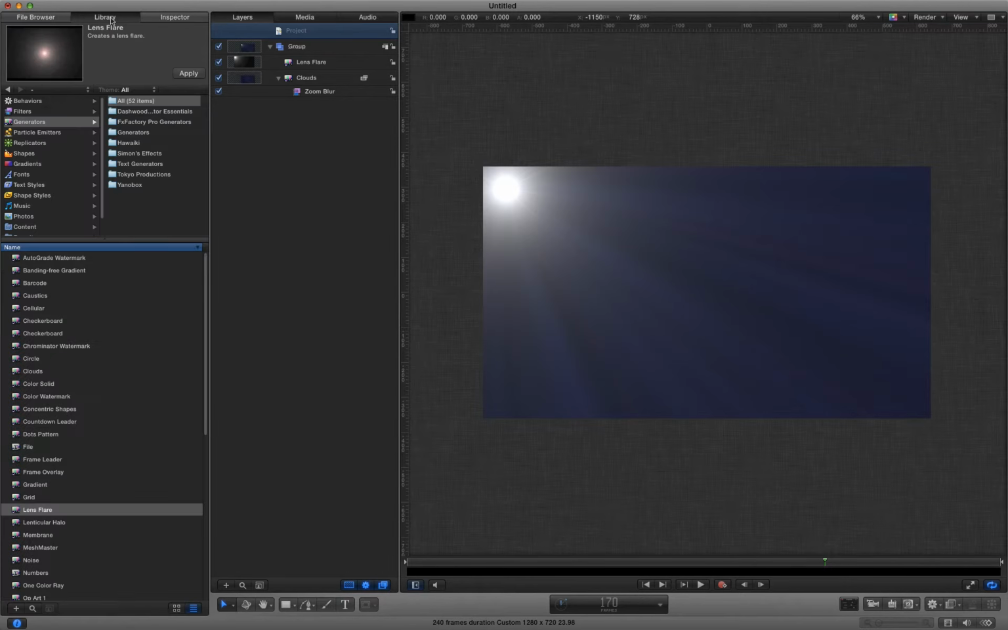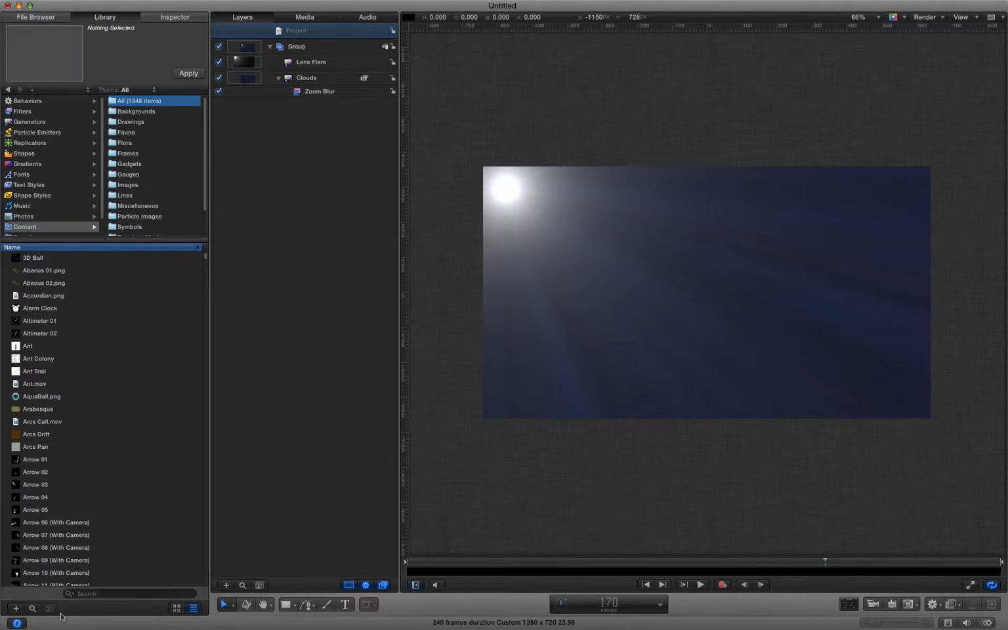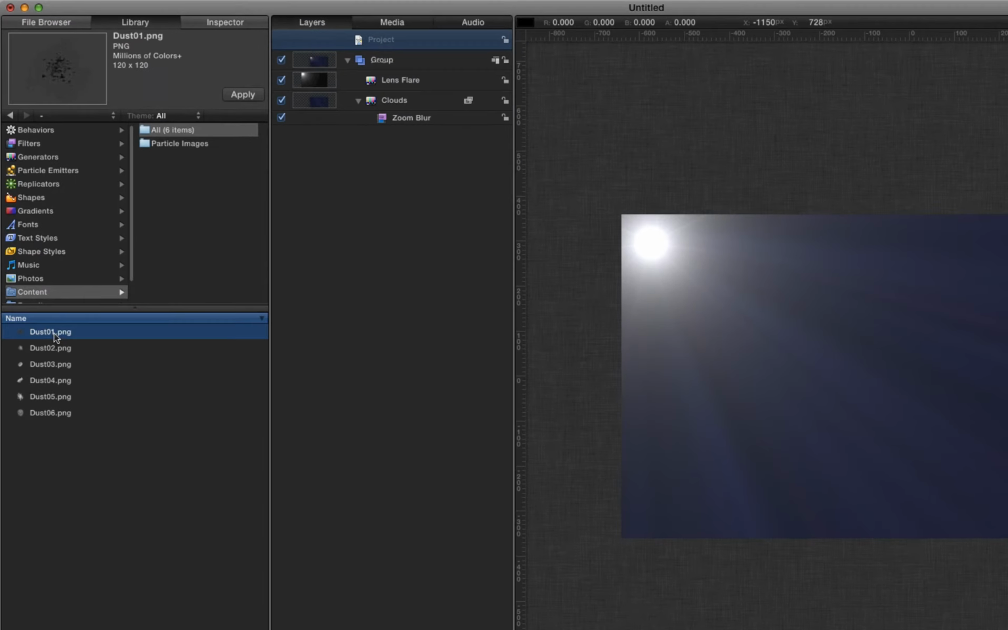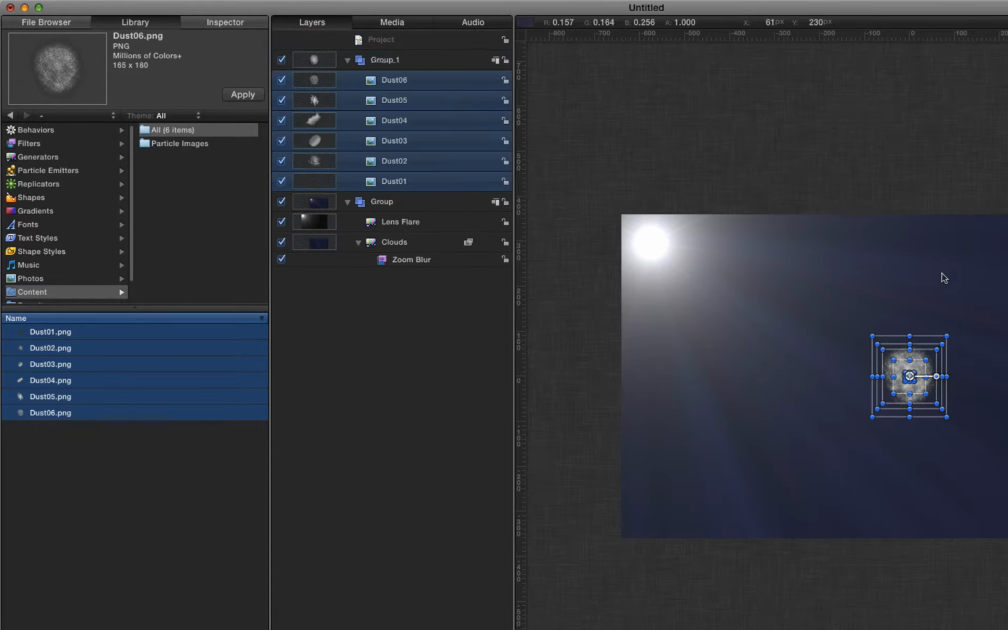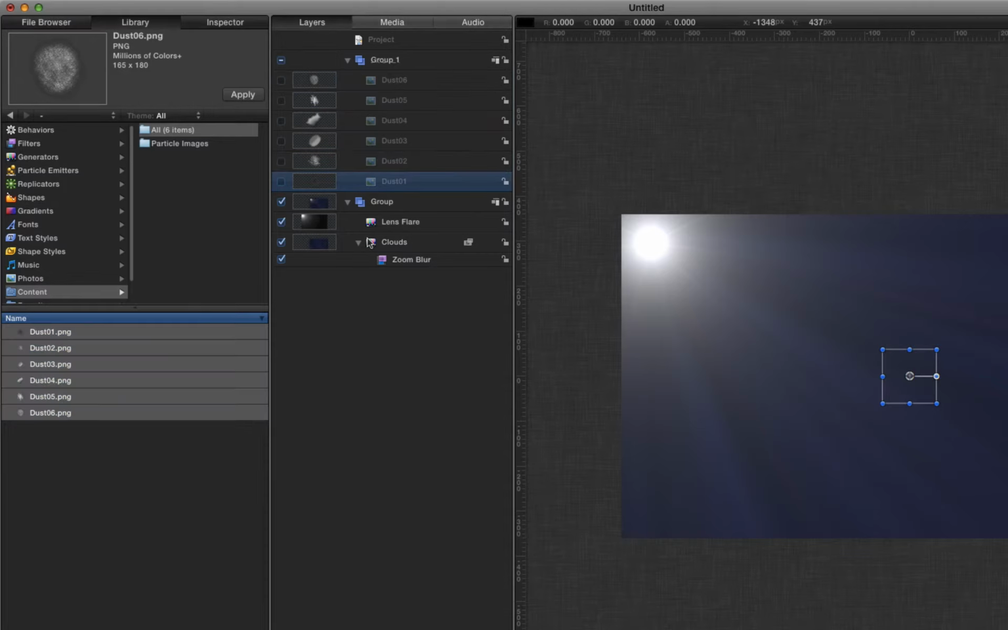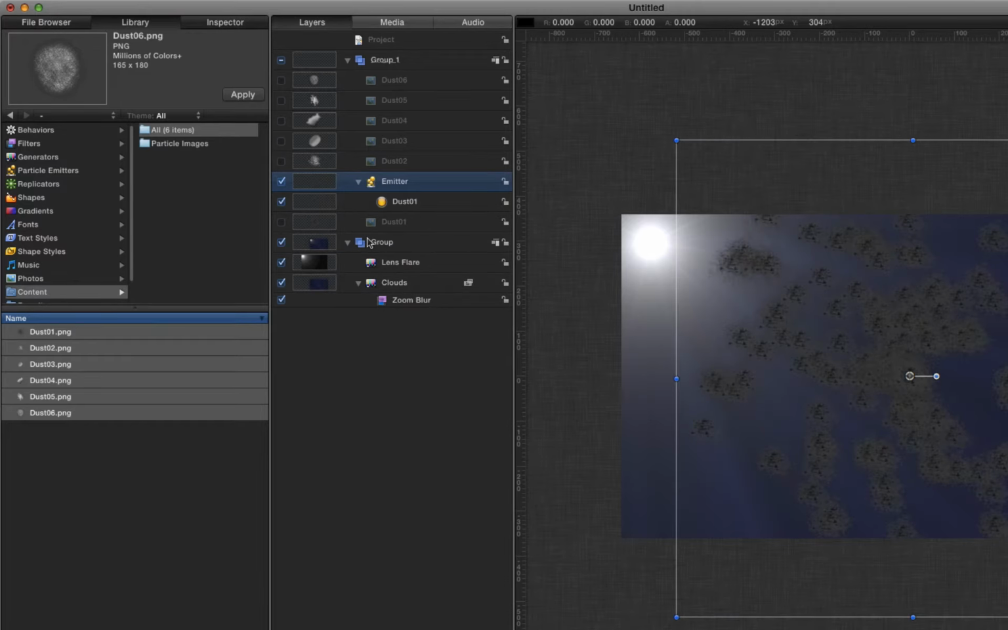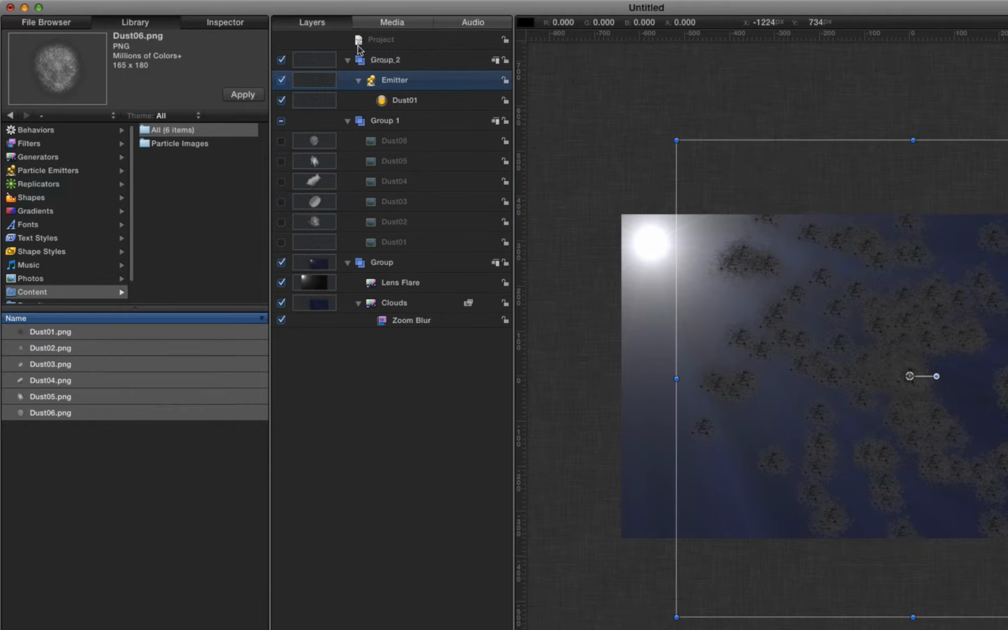I'm going to come to my library and come to the content folder, and down here in the search box, I'm going to type dust. That gives us 6 PNGs. I'm going to select them all and hit apply, and those will pop into a new group. I'm actually going to turn them off because I don't want to see them as themselves, and I'll select dust 1 and hit E, and that immediately creates an emitter out of that dust particle. I'm going to drag it to a new group like so,